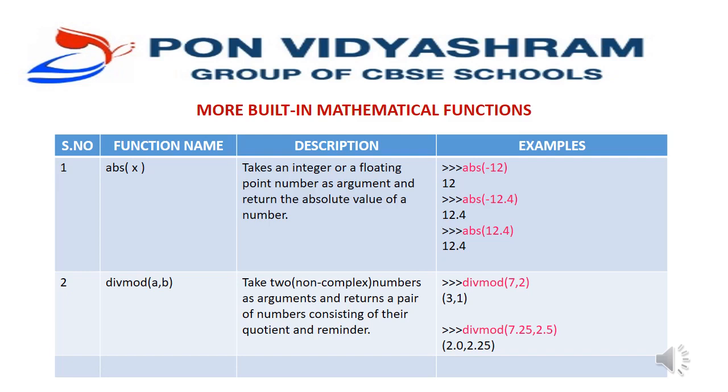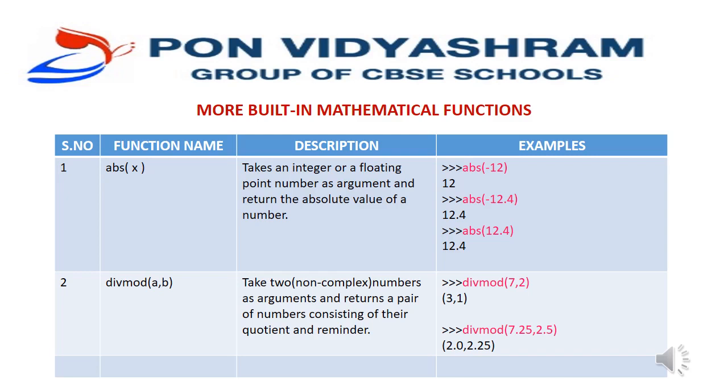Let's see this with an example so that it will be clear for you. abs of minus 12 will give you 12. What the absolute value does is it ignores the sign, that is, whether it is positive or negative, it gives the positive number. Now you may ask, what happens in the case of a floating number? For that also I have given an example, abs of minus 12.4. We know that it ignores the sign. So what is the sign here? Negative. So minus will go off and it will give the output as 12.4.